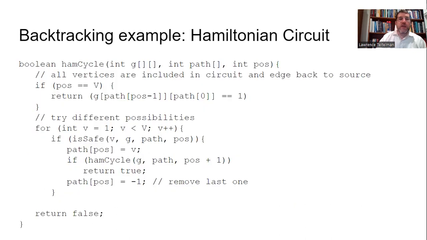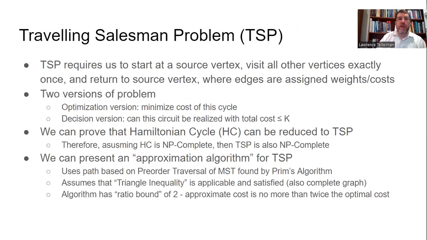Okay. So that is a backtracking for Hamiltonian circuit. We're now going to do backtracking for traveling salesman. Okay, but remember, traveling salesman is what kind of problem? It's an optimization problem. What does that mean? An optimization problem means we want to find the minimum cost, not just, does it work, but what is the